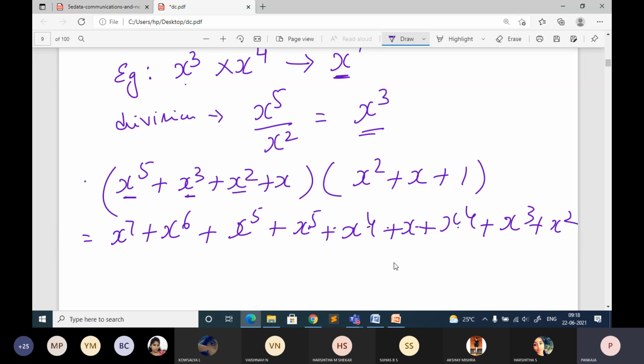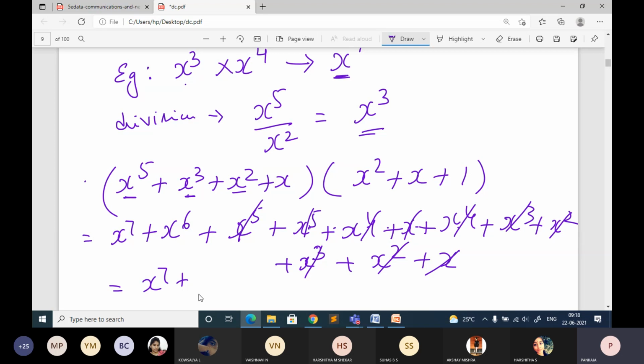Okay, that is done. Next, you just take the last term, x into x square, it is x cube, x square plus x. So now just check the identical terms, cancel this, this one, 3, 3, okay, 2, 2, x, x. So the result of this is x power 7. I think somewhere I left something, one more term I left. Okay, so just check it, I left one more term. So the answer should be,